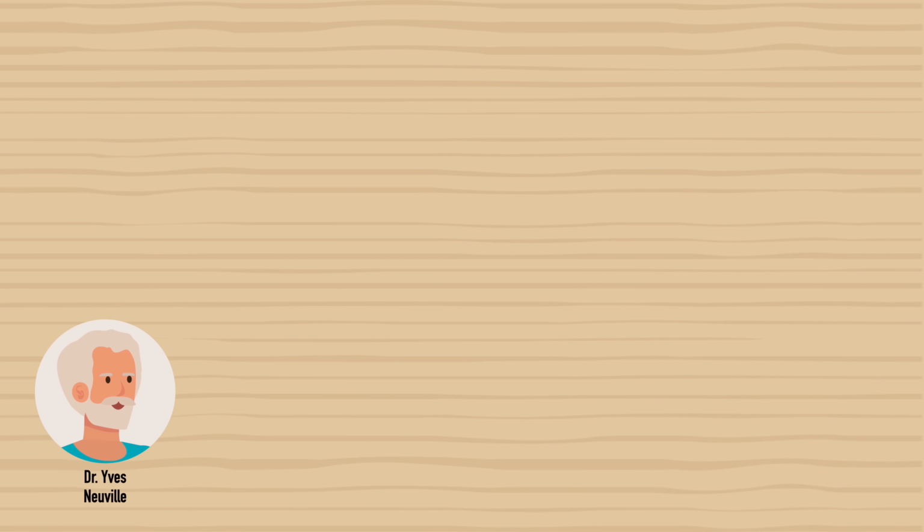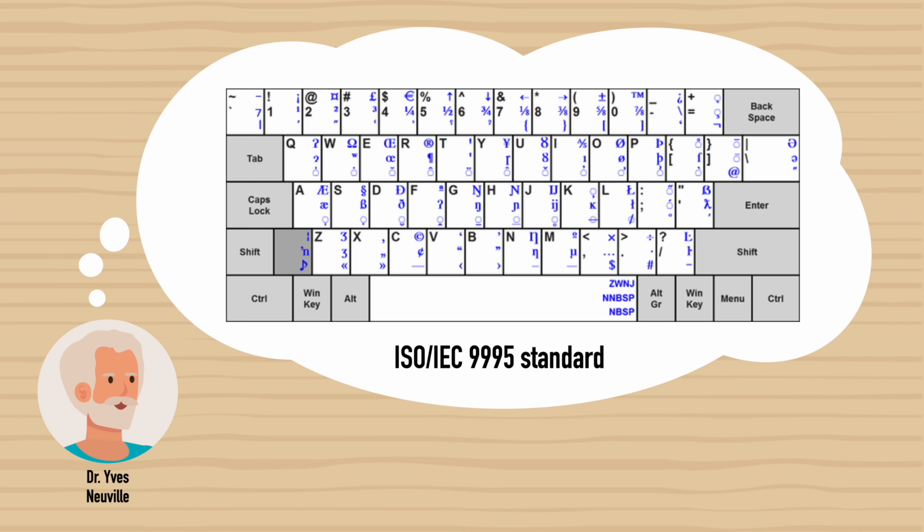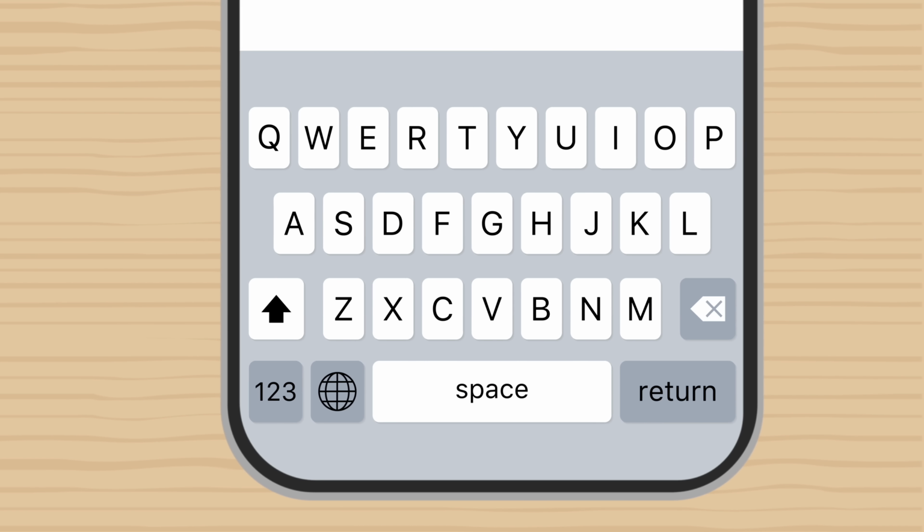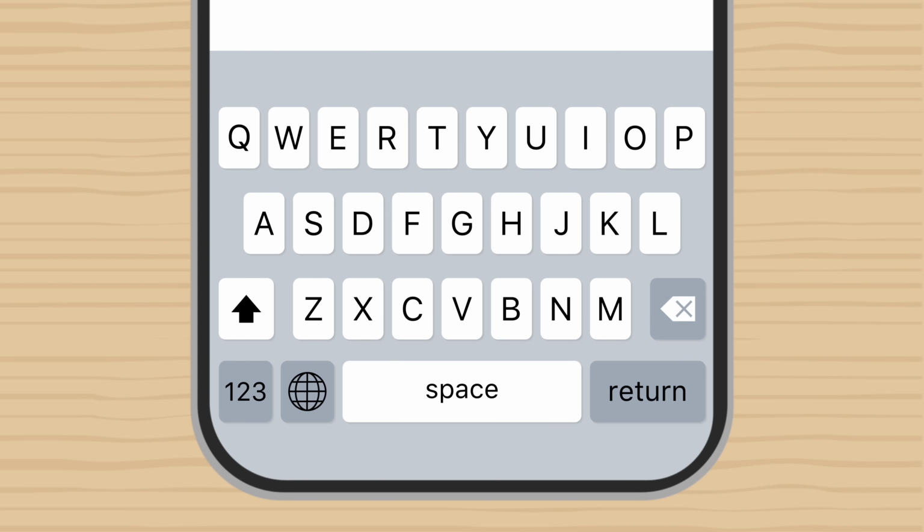for consumers. So by 1985, something called the ISO-IEC standard was established by Dr. Yves Neuville in Berlin. It served as a guideline for national and industrial keyboard layouts and continues to be used today. So while switching back to an alphabetical order keyboard may have been logical, it never happened since it was